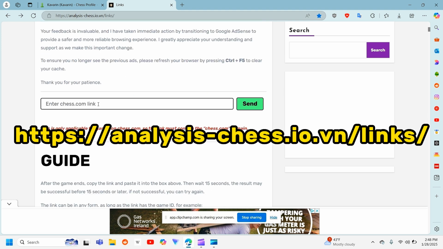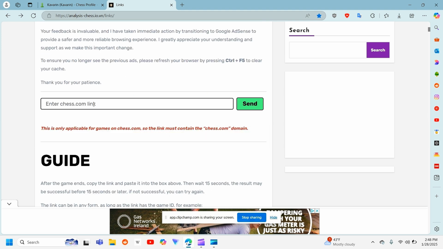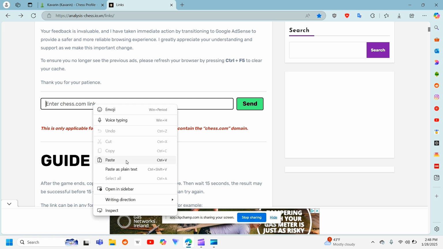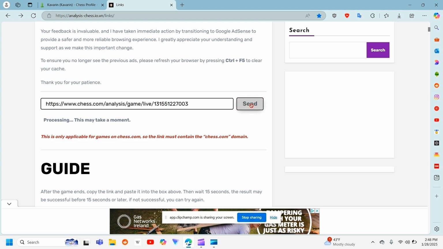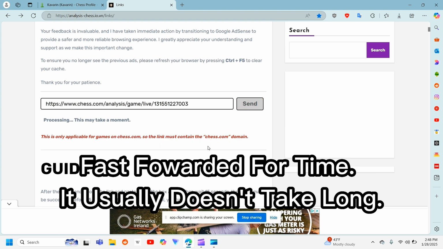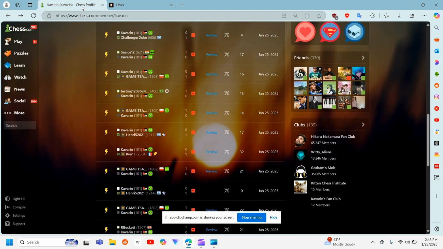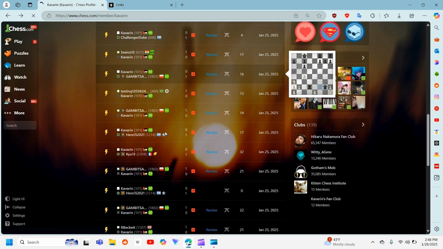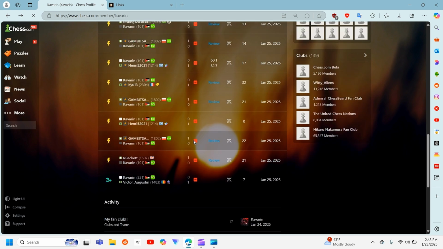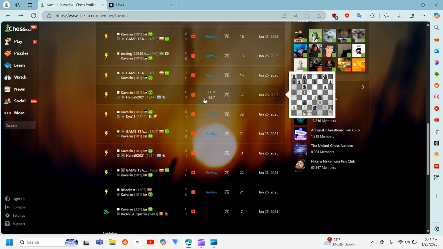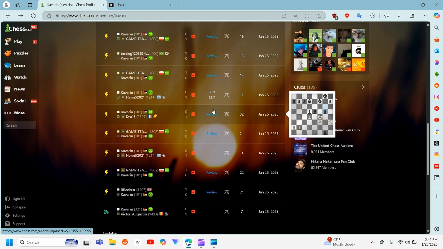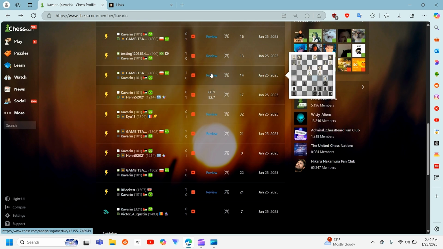So go here, enter, copy and paste the chess.com link you just copied, and then click send. And now it's completed. So now you just refresh the page, and there you go. It reviewed it. So you can do this multiple times, like I can do here, copy link,